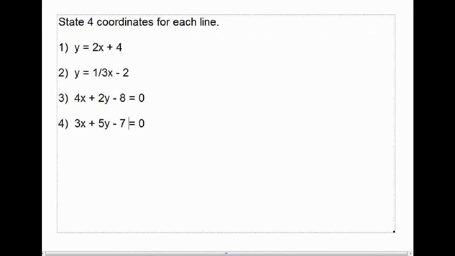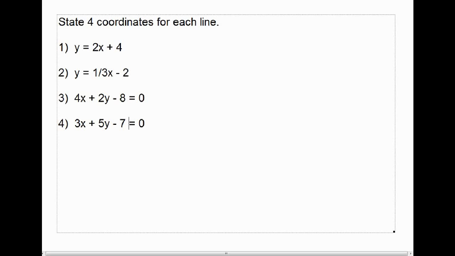So to finish off our lesson on graphing the line using ordered pairs from the equation, and using the slope and y-intercept from the equation, for each of these equations here, I want you to state 4 coordinates for each line. If you have graph paper and you want to graph them, you can go ahead. But by now you should understand how to graph ordered pairs. So just stating 4 coordinates for each line, and use either method, calculating the ordered pairs as we did with the first half of the lesson,